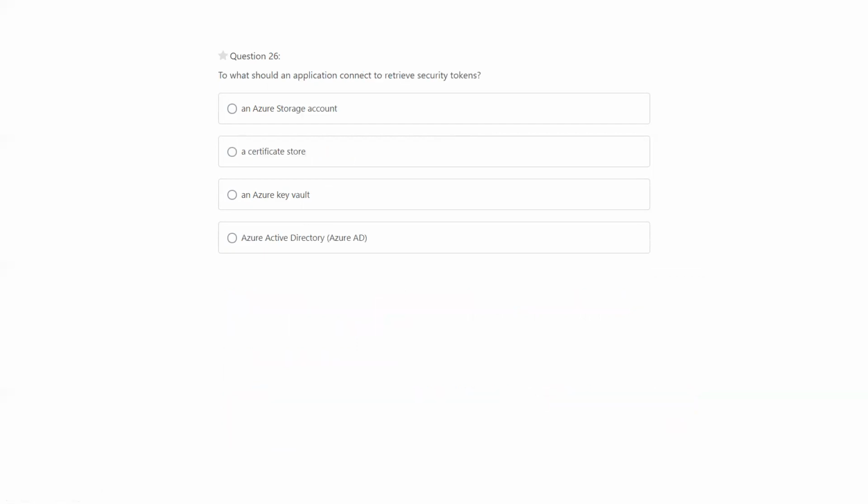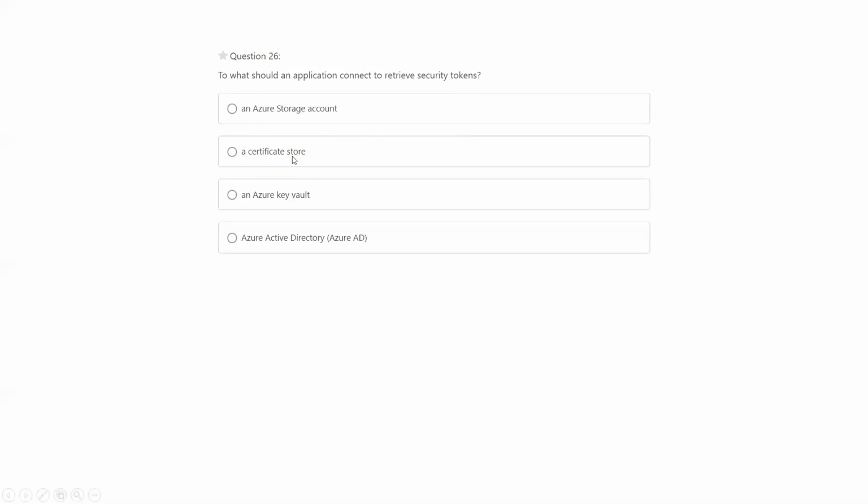Next question is, what should an application connect to in order to retrieve the security tokens? So we were talking about the auth tokens, which AD will be providing. Azure storage account is not related to the tokens. These three are related to security options, but we were talking about the tokens specifically.